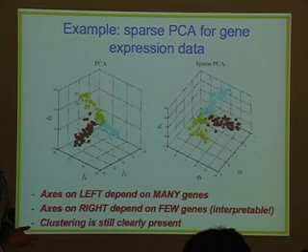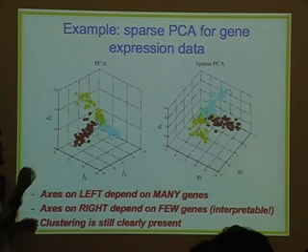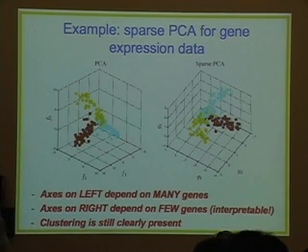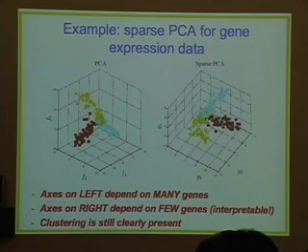This is an example from finance, but let me quickly give a last example, which is an example from biology. Basically, the point here is this is a cloud of data, right? It's a cloud of data which is driven by gene expression information. And every dot here is a single rat. On that rat, we have measured the expression of 8,000 genes, for example. There are 4 types of rats, basically corresponding to whether they have a certain disease or not. But the bottom line is we want to visualize that data here, right?